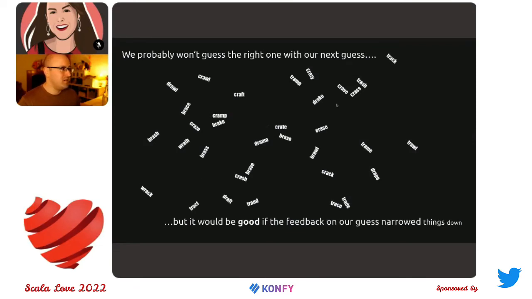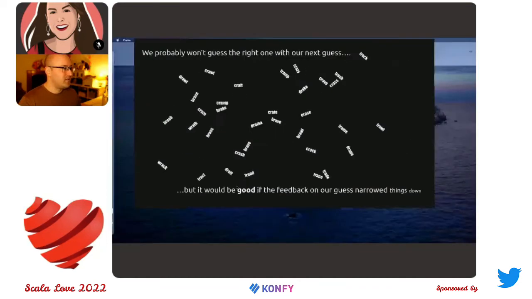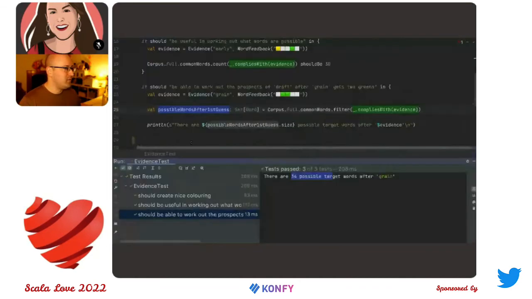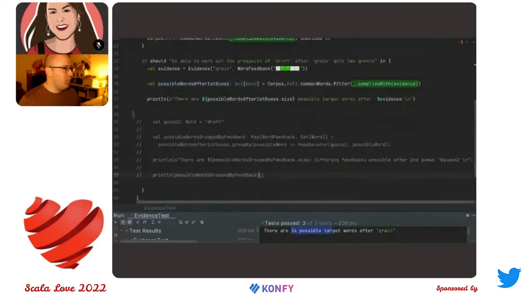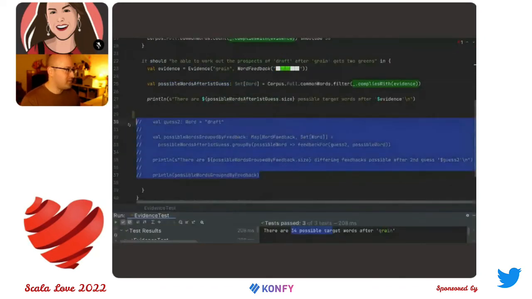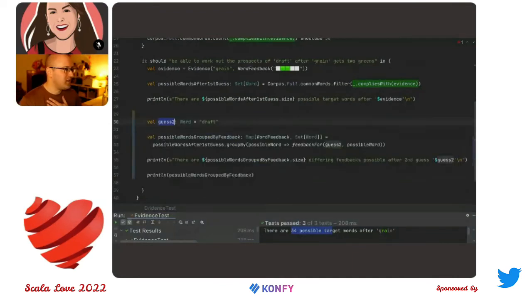Okay. Of all of the words, it doesn't have to be one of these words. We could choose another one of the 1200, but let's just, for an example, say, okay, let's try draft. So I've written a bit more code here to say, what's going to happen if we guess draft? Okay, so our second guess is draft, and what we're going to do is group